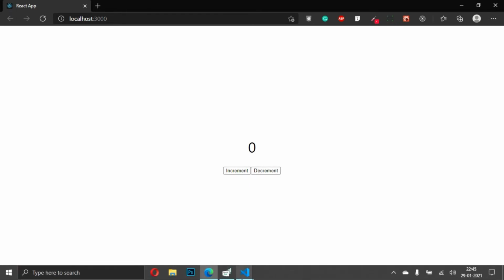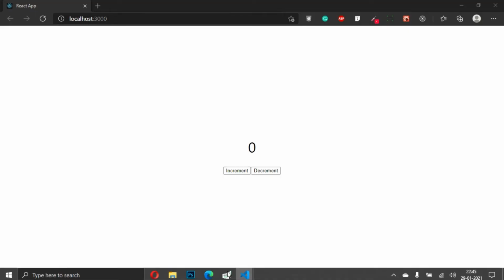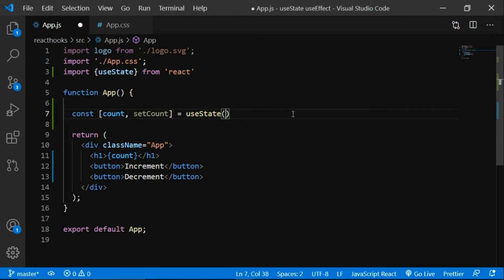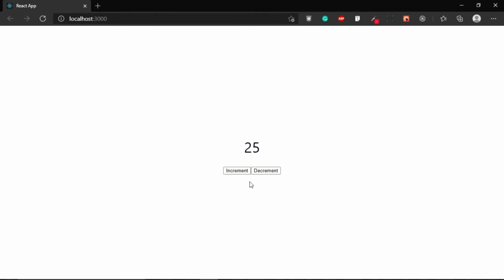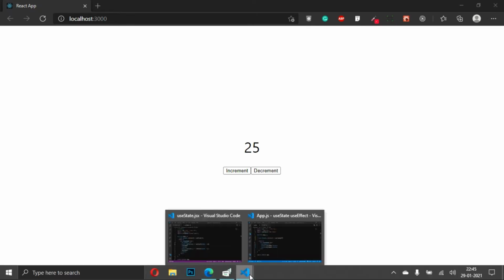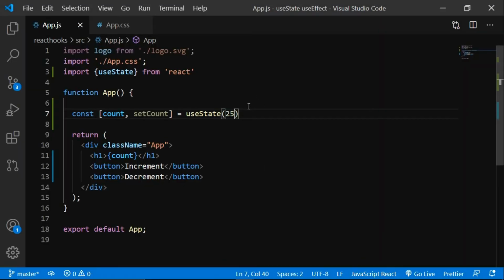So for that, what we can do is, let me show you an example here. Let's change the value to 25, and now let's go to the browser. Look, you might see a major difference here. The number is incremented by 25 because we have added the initial value of that particular variable to 25, right? So what if we made this 0 again?